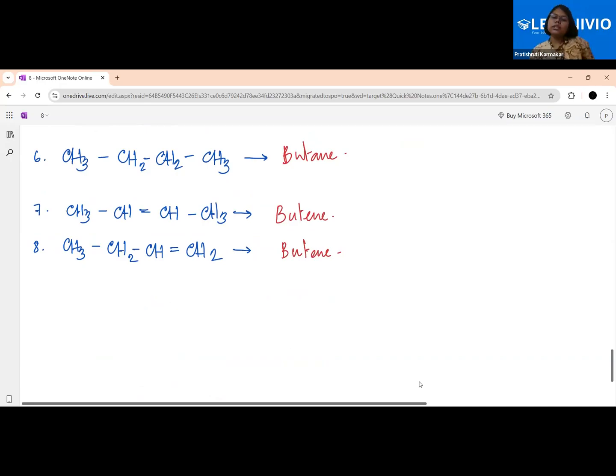But the purpose of this nomenclature was that we can differentiate two different compounds. And clearly, the seventh and the eighth compounds are not the same. Here we have the double bond in the middle, and here we have the double bond in the corner. To solve this problem, what we did, we numbered